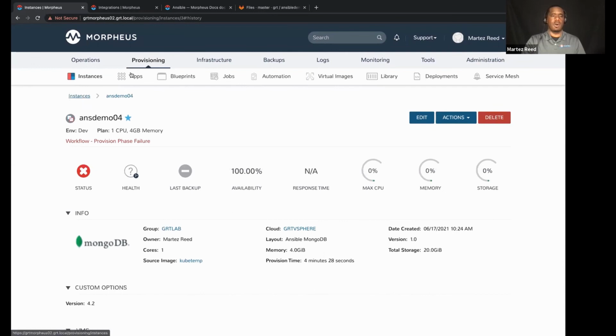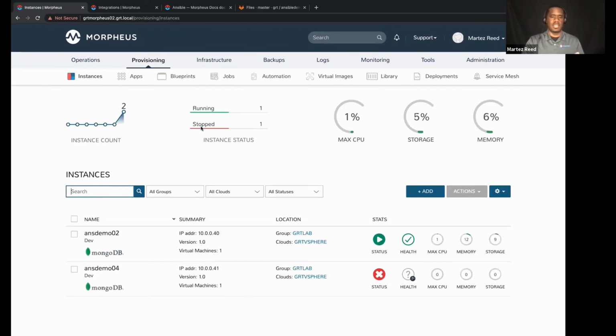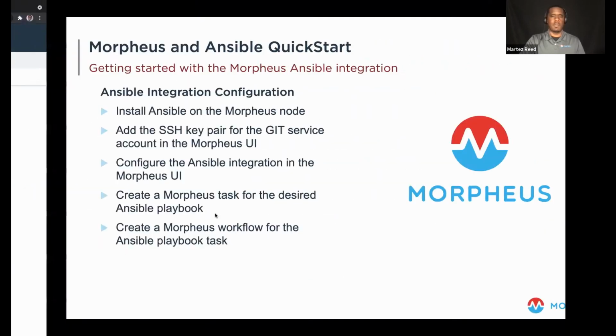All right, so we walked through the provisioning of an instance. In this particular case, it did fail, but that does give us visibility to see, number one, what we can see from a troubleshooting perspective when the Ansible playbook fails, but then also be able to see that, yes, it did tie that automation to the Morpheus instance that was provisioning. And so as we wrap things up,